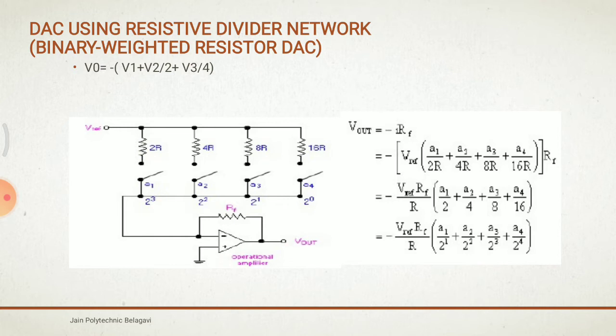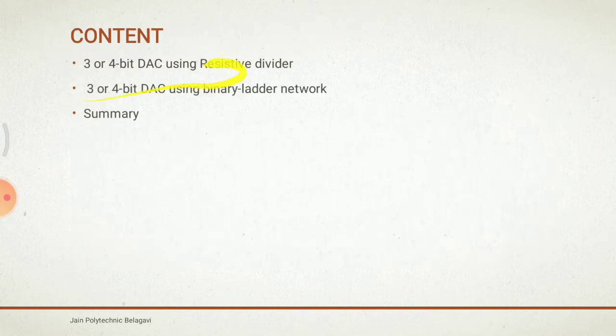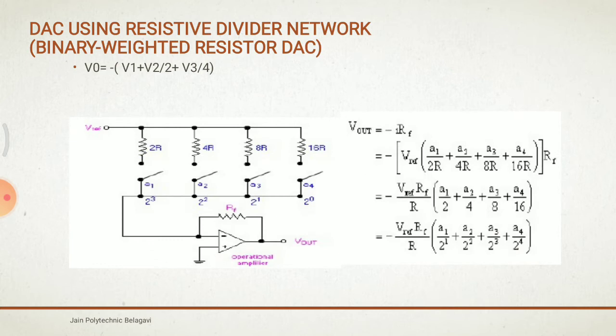The circuit diagram of a 4-bit DAC. You will get the output voltage like this, and the circuit diagram you can see here. It consists of resistors that are multiples of 2R, 4R, 8R, 16R, like that, and also an operational amplifier, that is an inverting op amp, and a feedback resistor is connected. So binary input I is equal to 1, 2, 3, 4. We have values of either 0 or 1. The value 0 represents the open switch and 1 represents the closed switch.